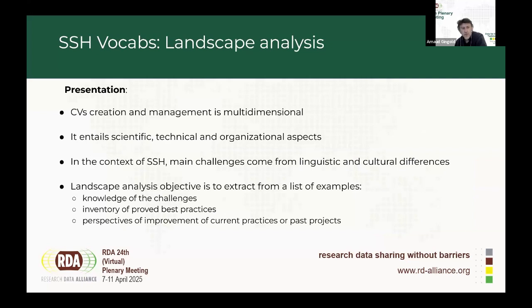So, about the control vocabularies, just in general, their creation and management is multidimensional, in the sense that it entails scientific, technical, and organizational aspects. And well, this is somehow stating the obvious, but